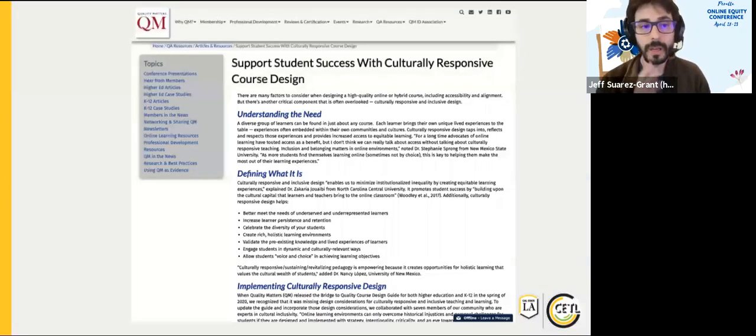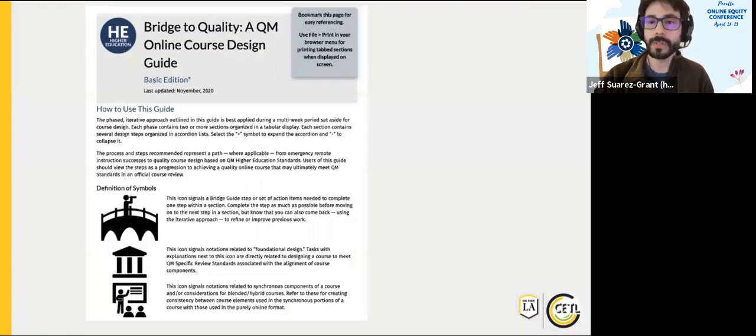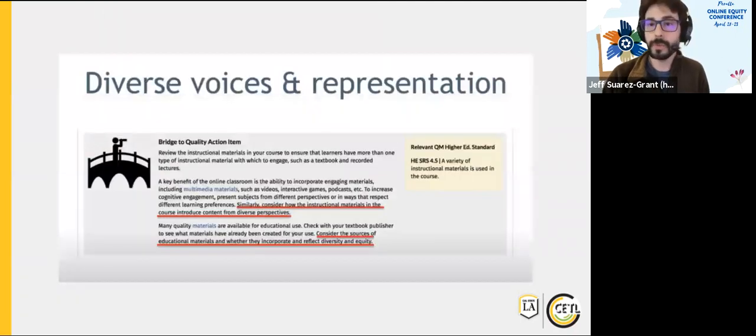Late last year, during the pandemic, Quality Matters did issue some guidance on this to help with culturally relevant instruction. They did this by way of documents they call course guides, and they use these to offer some additional guidance on diversity, equity, and inclusion issues. I'll share them with you here on screen in case you're not familiar with them. But basically 3 specific standards were called out as the vehicle for diversity, equity, and inclusion practice. And that included